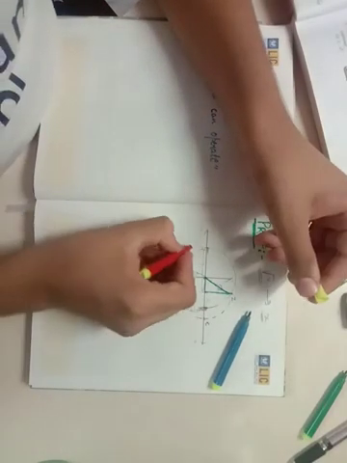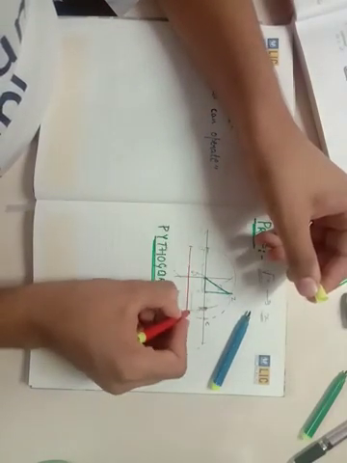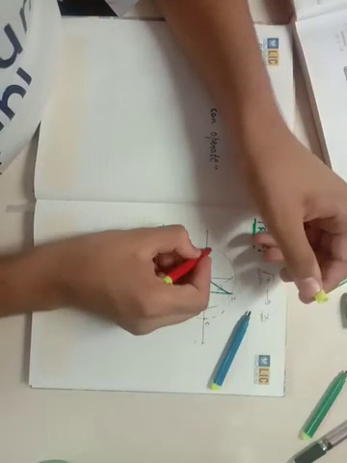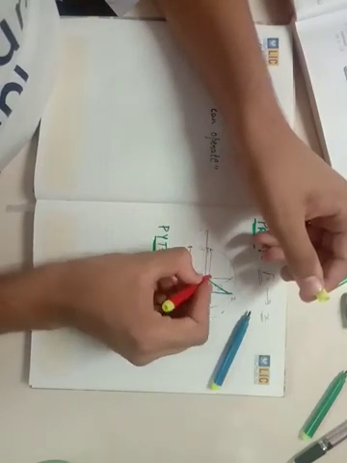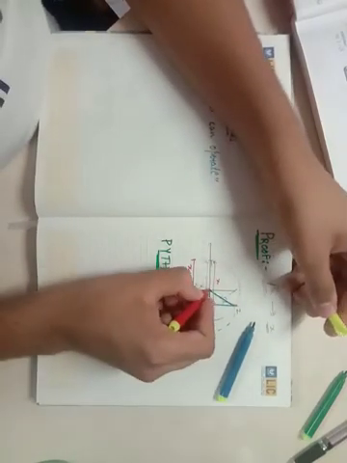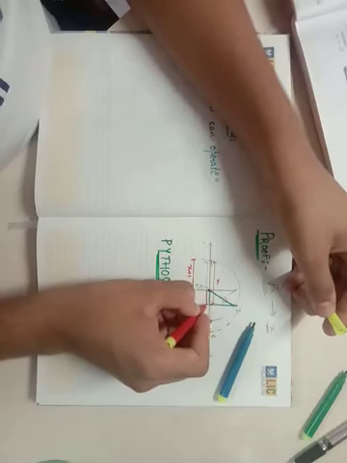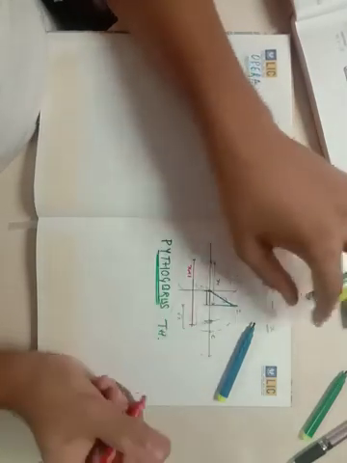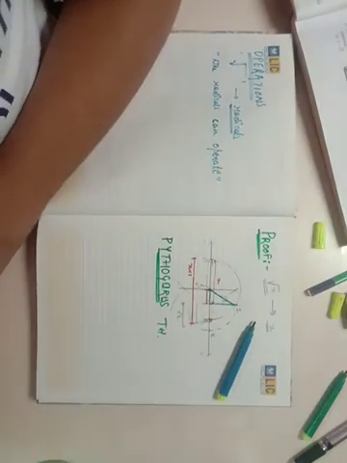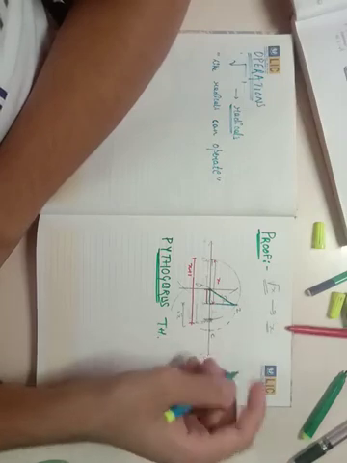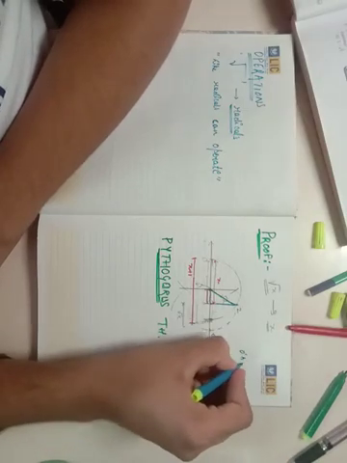This length OB is how much? This is x plus 1 units, and our length OA is how much? This is x units. So friends, tell me, what is O dash A? What is the length of O dash A? Pause the video and think it over. Okay, right answer.